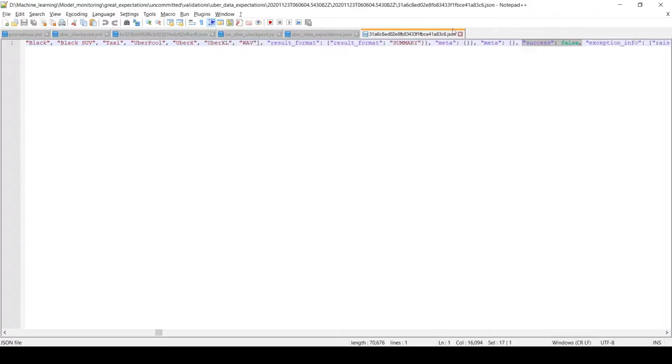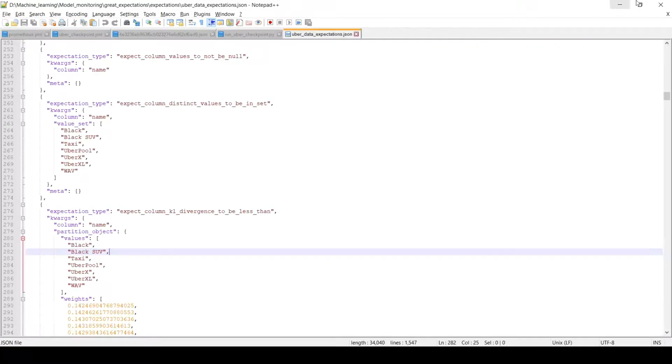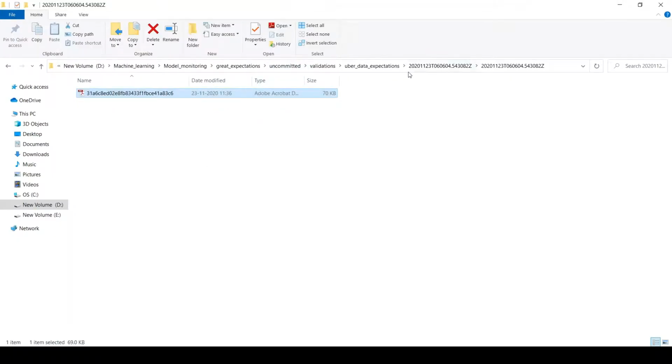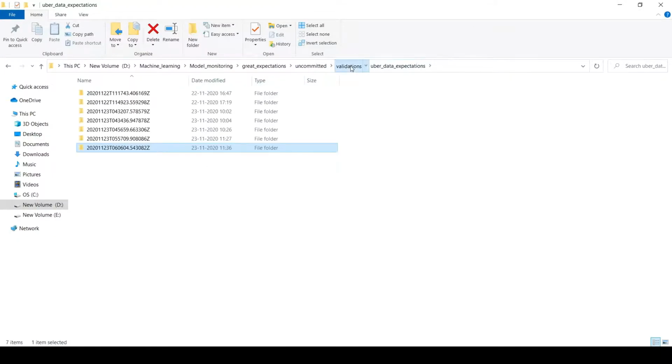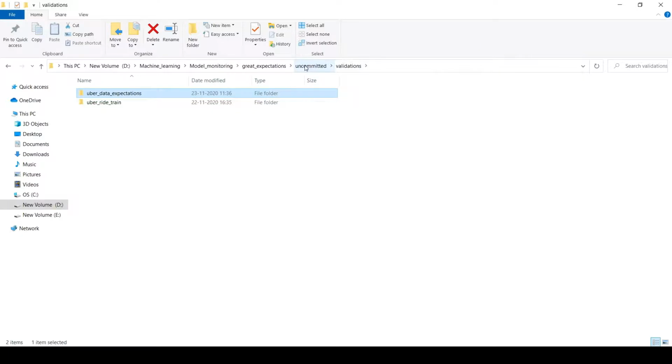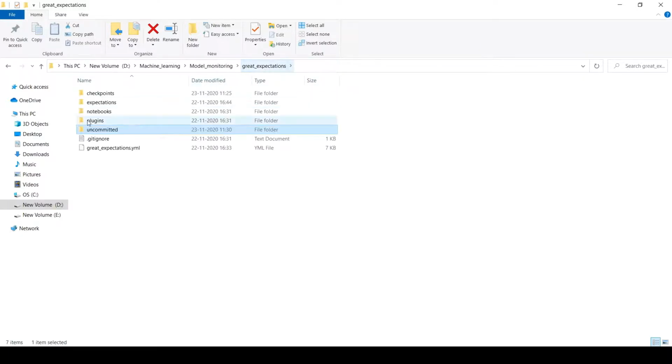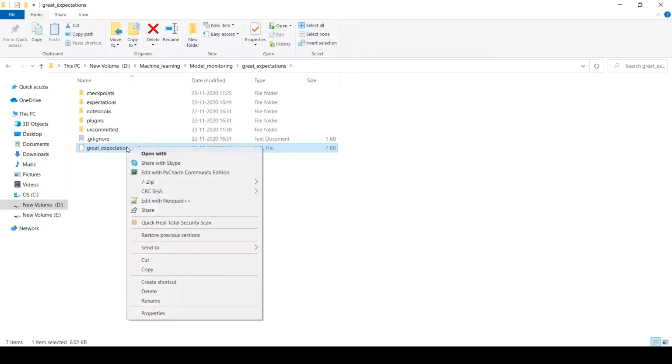So in this way, we can check and validate, and whatever details or artifacts we have stored within the local file system, we can store all these artifacts within my cloud storage system. And for that, we just need to make certain changes in the expectation file, so that it will store all those artifacts within AWS S3.